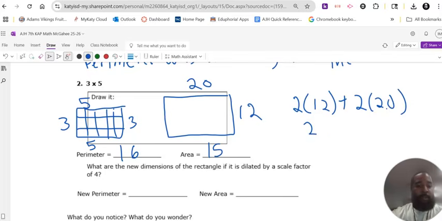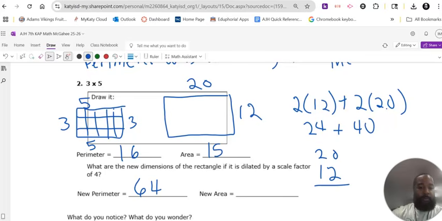So that would be 24 plus 40, which would be 64. Okay? So my perimeter is 64. Then I need to figure out my area. My area in this case would be 12 times 20. Okay? 12 times 20